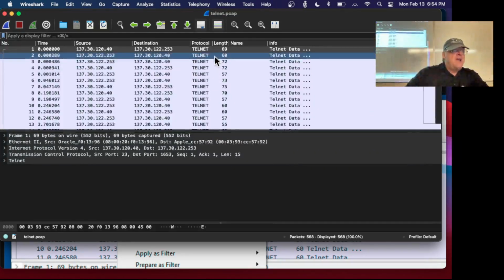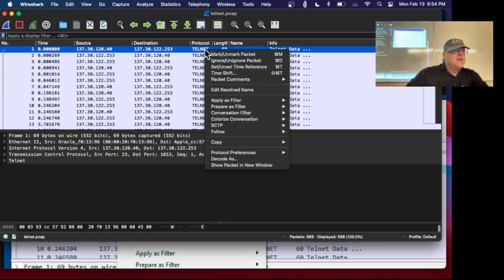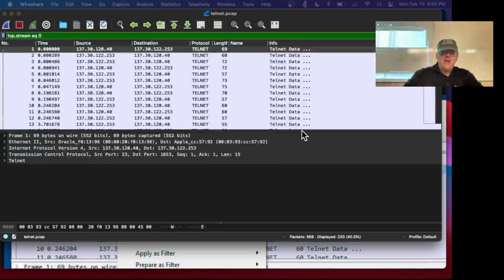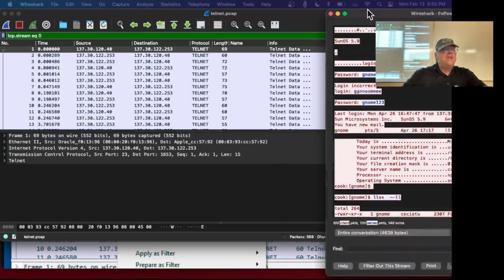Now I can see them. Now, I can right-click this and follow TCP stream. This is extremely useful. Right now I'm seeing the packets the way the machine sees it, with addresses one by one. This gives you the data the way the user saw it. You see just the